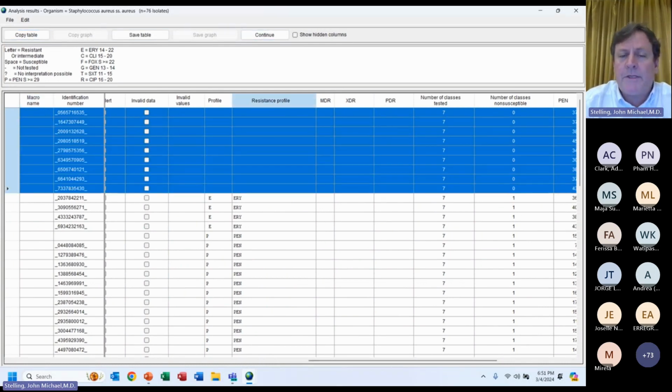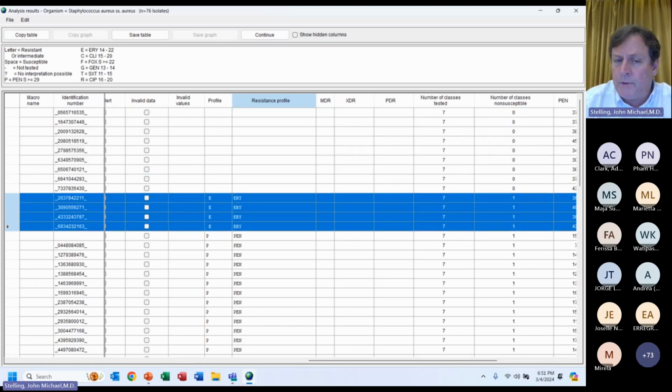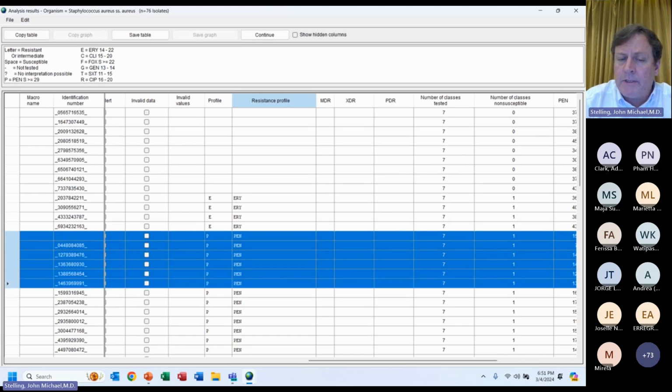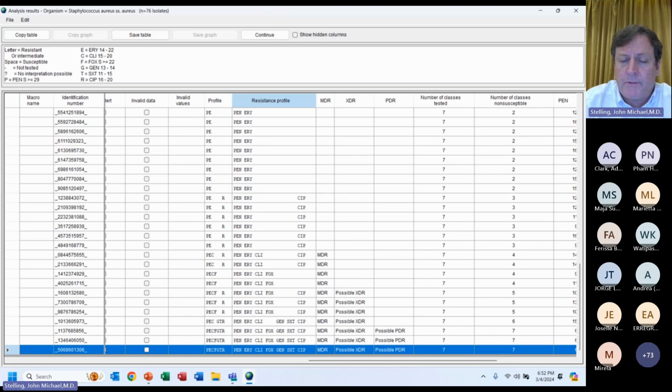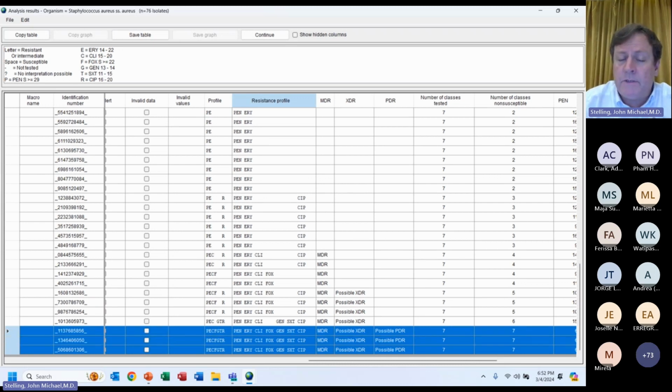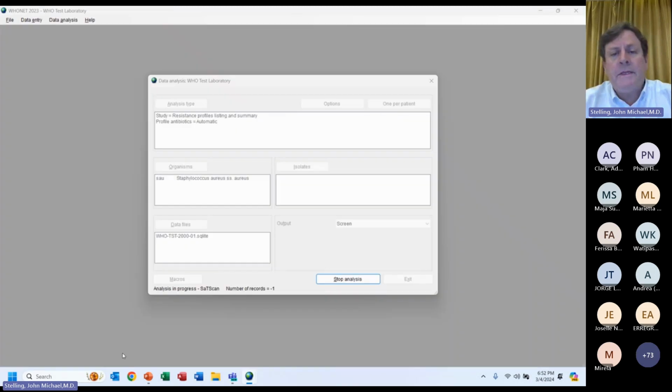So these Staph aureus are susceptible to everything. These are resistant to one drug, erythromycin. These are resistant to one drug, penicillin, resistant to 2, resistant to 3. At the bottom, these are resistant to all 7 drugs. If you look at the location, 2 of them were oncology. So it's not a surprise to have multi-resistant Staphylococcus aureus in oncology. This is the listing. When I go to continue,